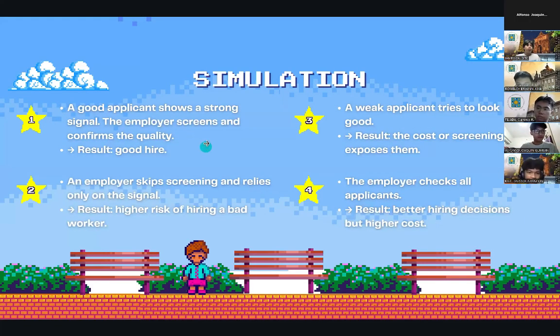So for the simulation, here we have a good applicant showing a strong signal. The employer screens the quality, which results in a good hire. Then for the second scenario, an employer skips screening and relies only on the signal. This results in higher risk of hiring adversity. Then for the third scenario, a weak applicant tries to look for a strong signal, and the result of that is exposure. And lastly, for the fourth scenario, the employer checks all applicants. The result is hiring interest, but higher